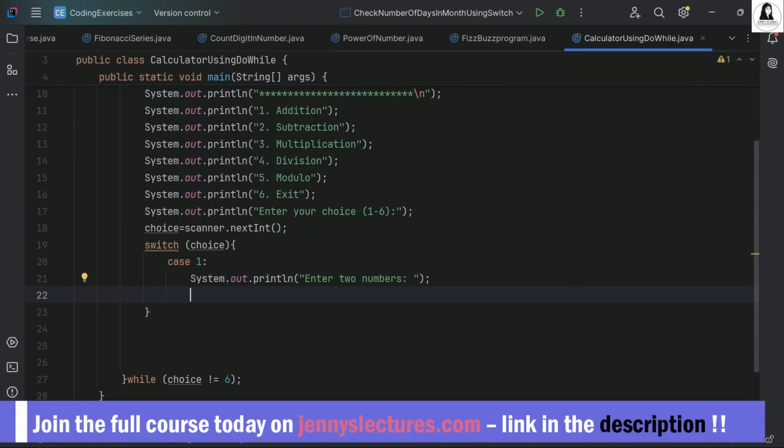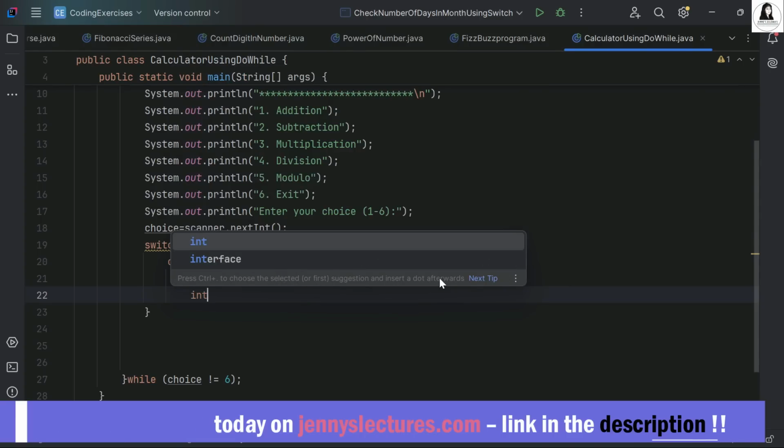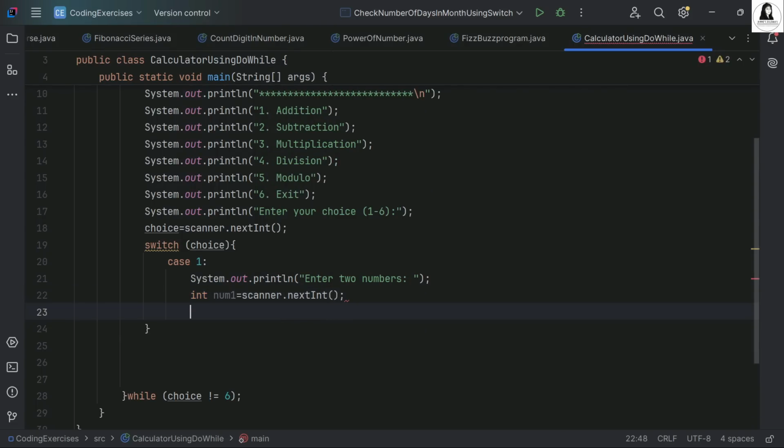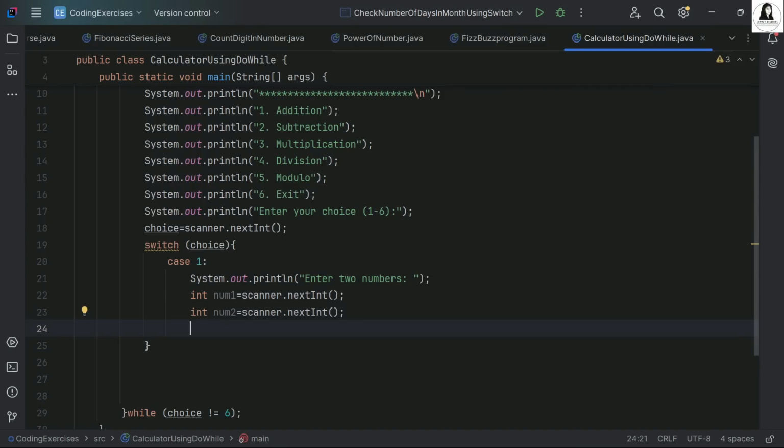Then we have to take input from the user. You have to take num1 is equal to the scanner object we have created dot nextInt semicolon, and one more number, num2. Yeah, input is also done. Next, you just have to do num1 plus num2 and print. So simply, in this we can print the addition of,